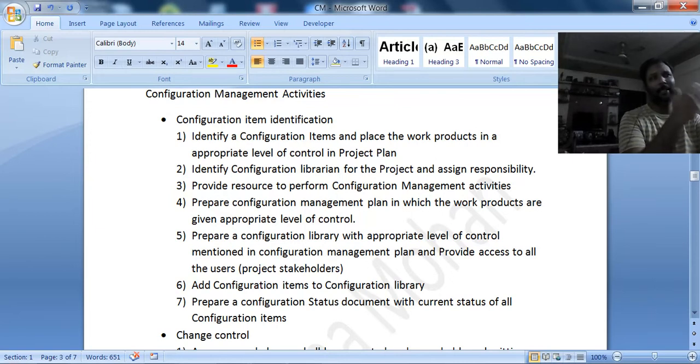There is a separate team called the configuration control board, CCB. Some companies call it the change control board. Their roles and responsibilities will all be written in the configuration management plan.